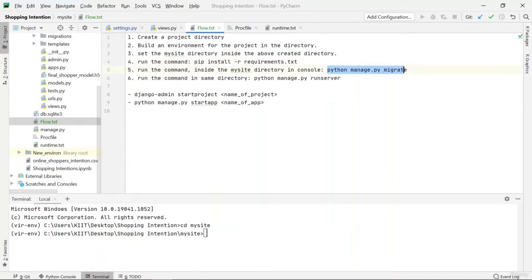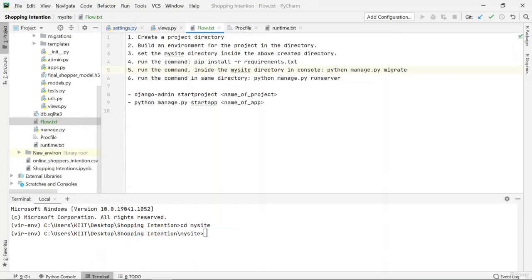Now this is specific to Django, and what it does is basically it sets up the database that is required by your Django application itself. Django already gives you a set of pre-built tables which can be used or modified later on.